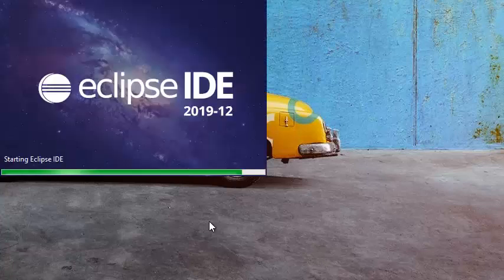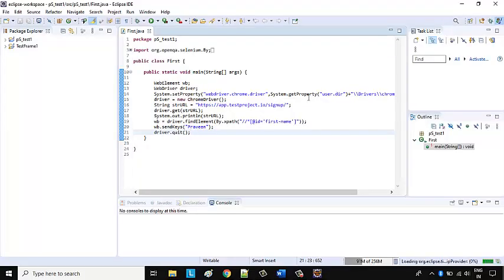You can see Eclipse IDE is loading now. Once it's done, it will pop up one complete window. Friends, this is the default: we can see the workspace, or we can see it blank. Here we already have two projects, but when you launch it the first time, it will display only a blank space, and there won't be any projects. Once you click over here, it will start your activity.